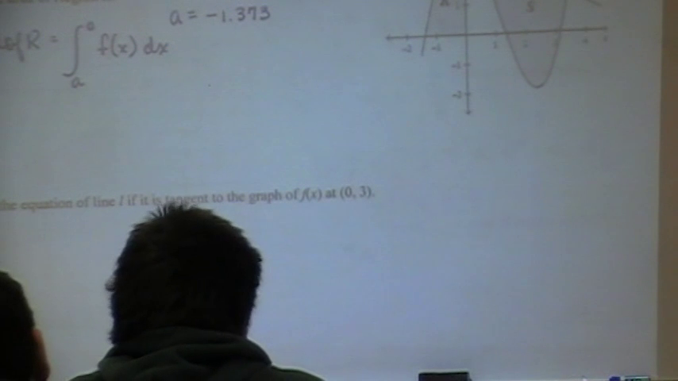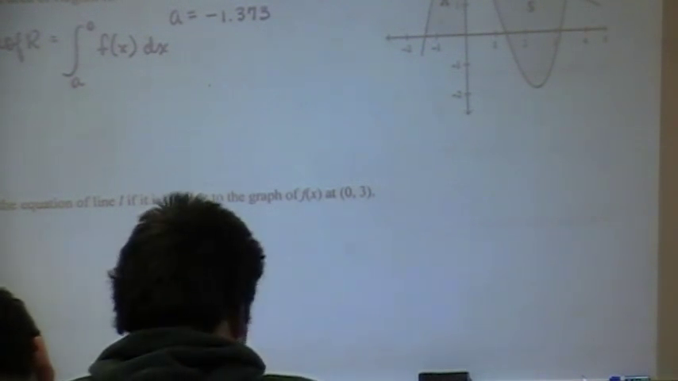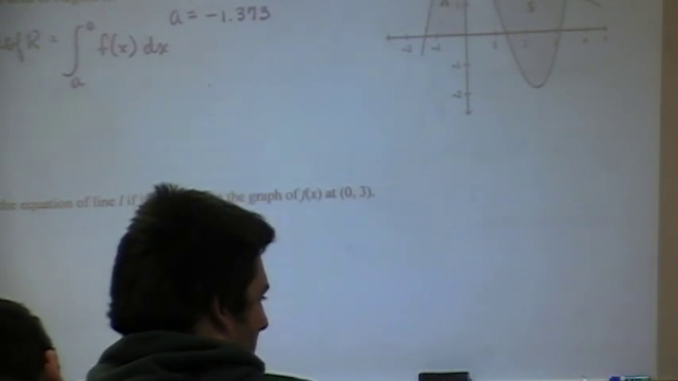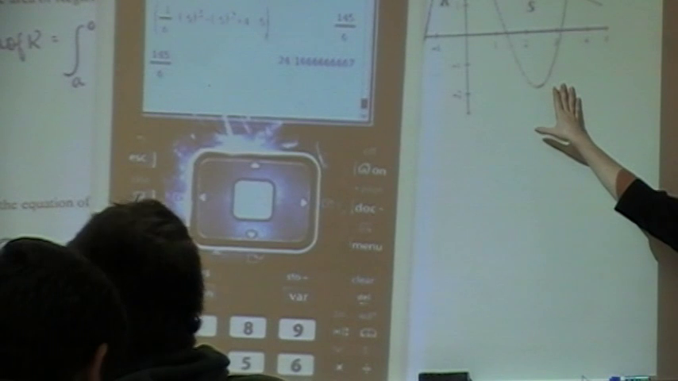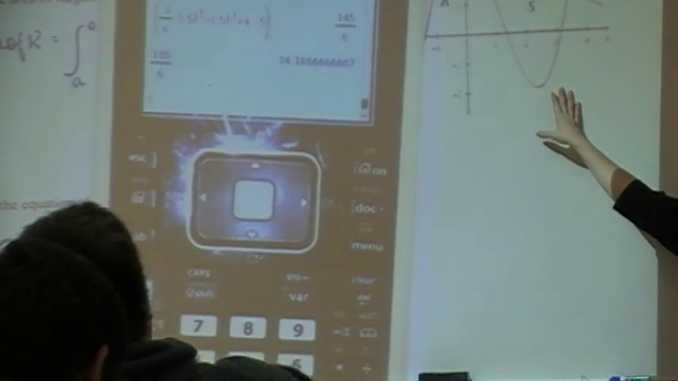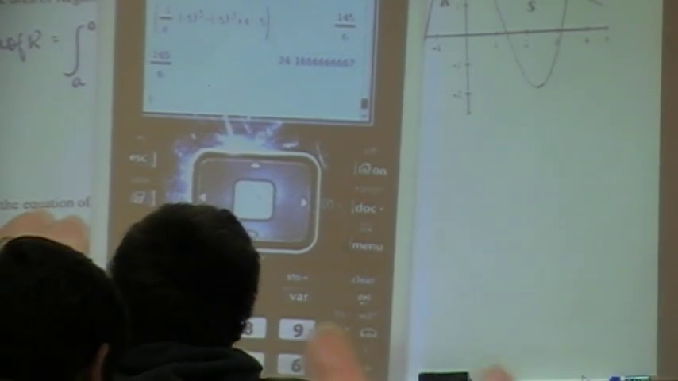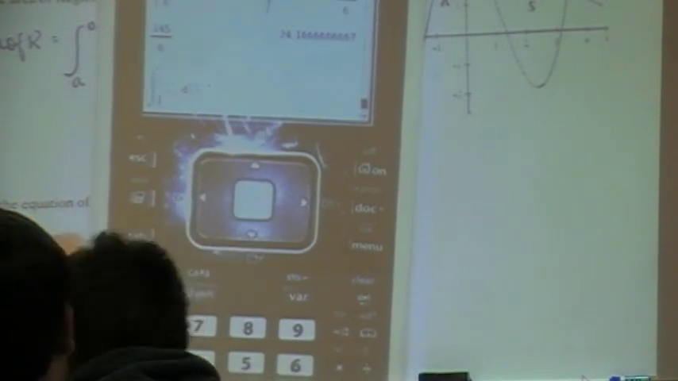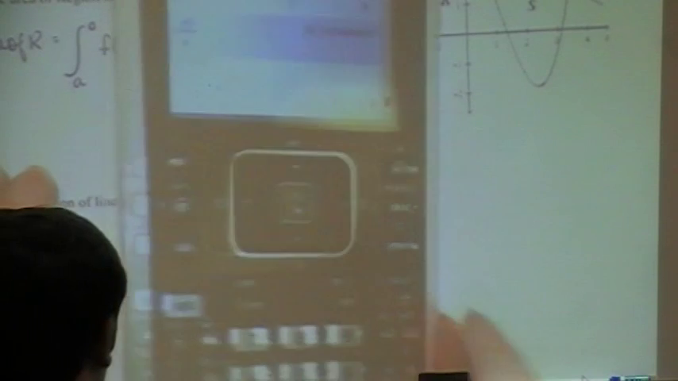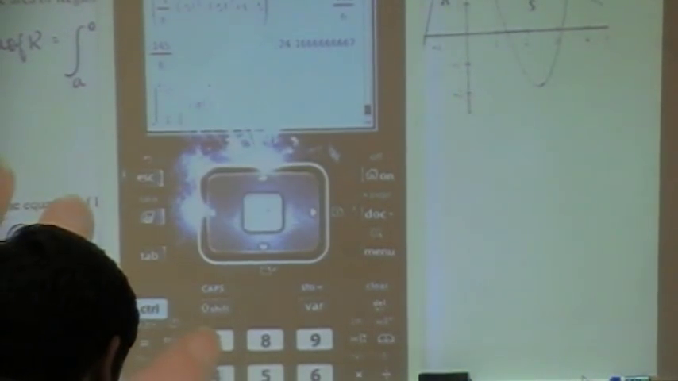Okay, so since we're using our calculator, I'm just going to go over to my regular page, and I just put the curve in my f of x because I had to find a 0. So now I'm just going to put in the integral, and I'm going from negative 1.373